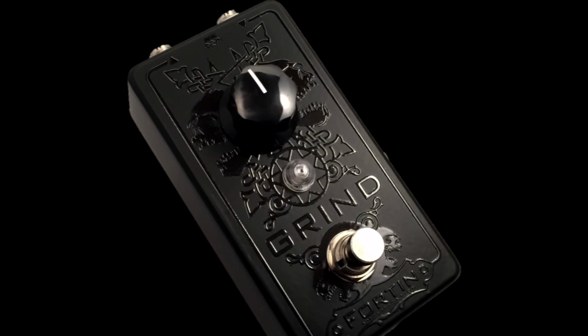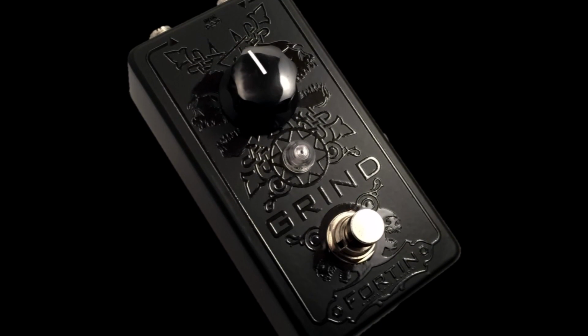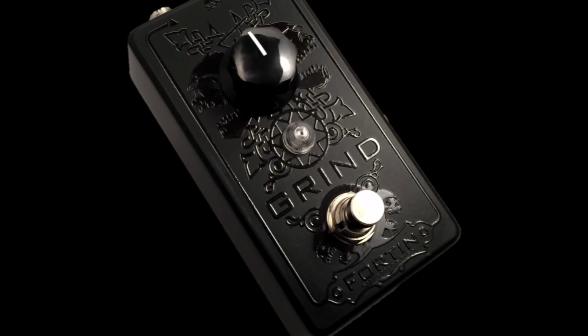Now, it should be noted, the grinds have gone through a few revisions. I own, I guess you could call it, one of the 3rd generation pearl white grind pedals. And aside from a change in the control knob, there's also a side jack here which allows you to turn this thing into a channel switcher, which is pretty cool, meaning that when it's on, you set this dip switch to the proper position, you're on high gain, you turn it, and then you're on your low gain clean channel, which is pretty cool. So everything I'm talking about in this video really applies to this particular grind pedal I